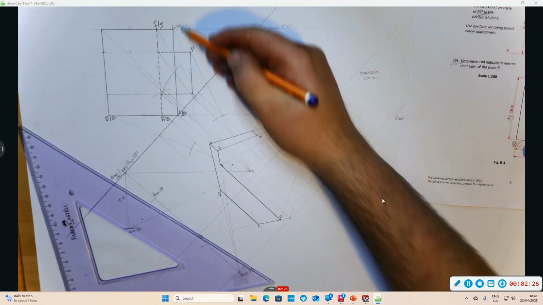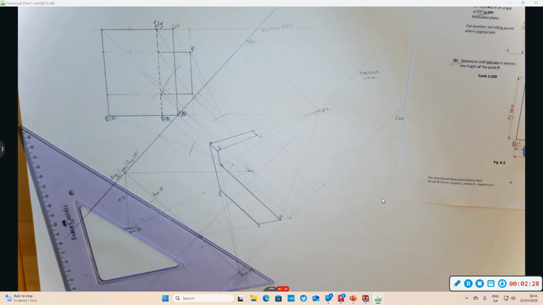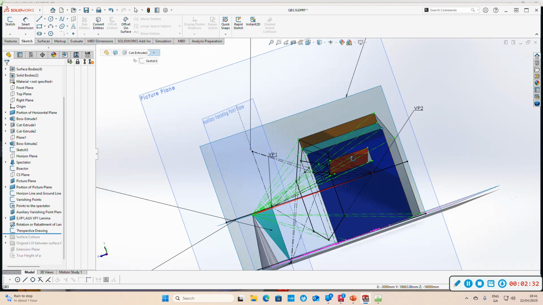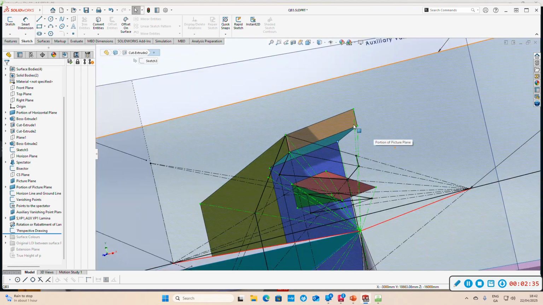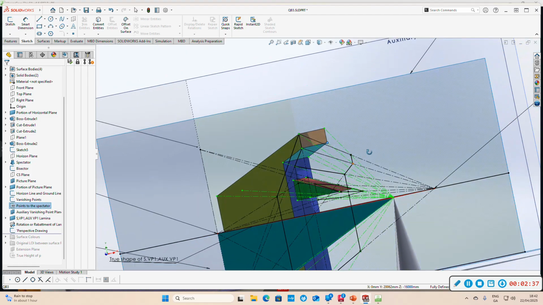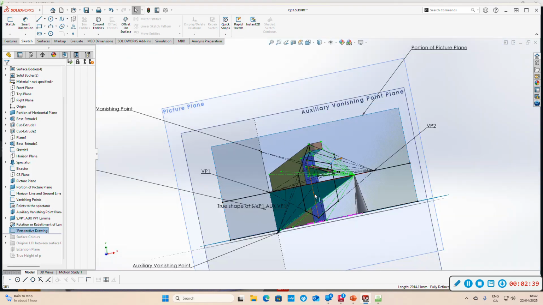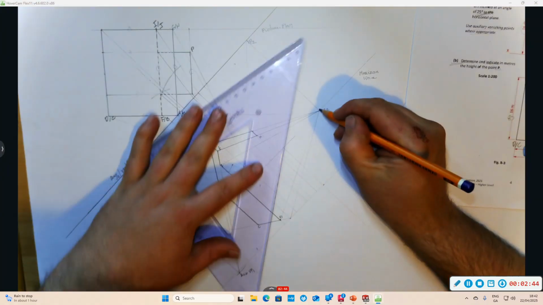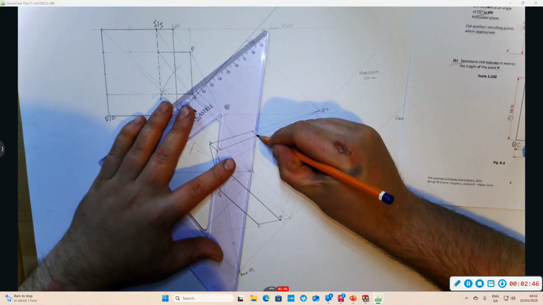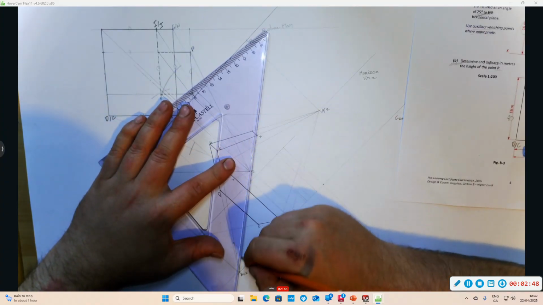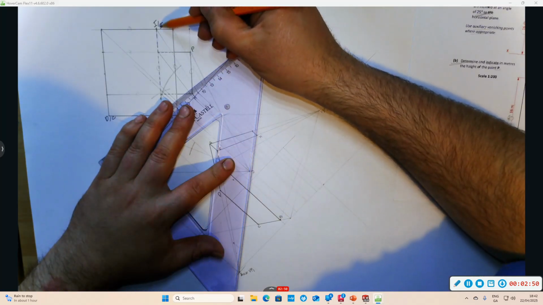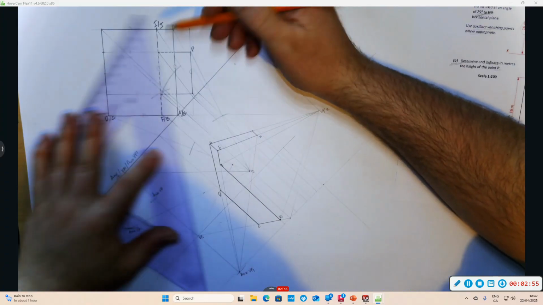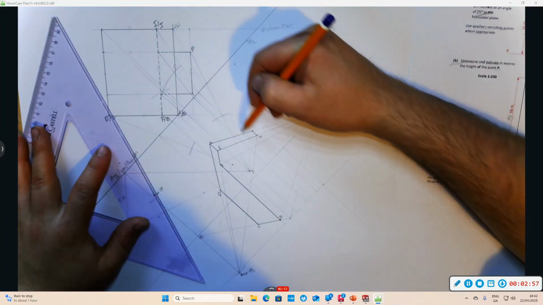Now, point H is on the sloping part of the roof. So there's point H. We can join H to the auxiliary vanishing point because it's the sloping line. So I'm going to join H to the auxiliary vanishing point down here. Okay, we can find the line I by when I hits the picture plane down perpendicular, and we can stop